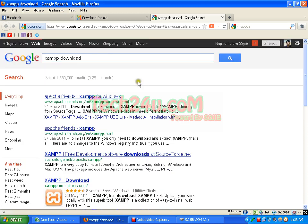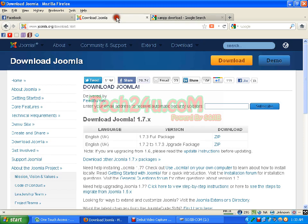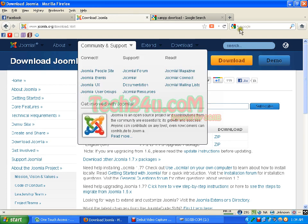You can download two versions of XAMPP, that is setup and another one is extract, and the version you can download, 1.7, is now available. So just download XAMPP. I personally like the extract version because it is easy, I just need to extract. So I have already downloaded XAMPP, and then you need to download Joomla